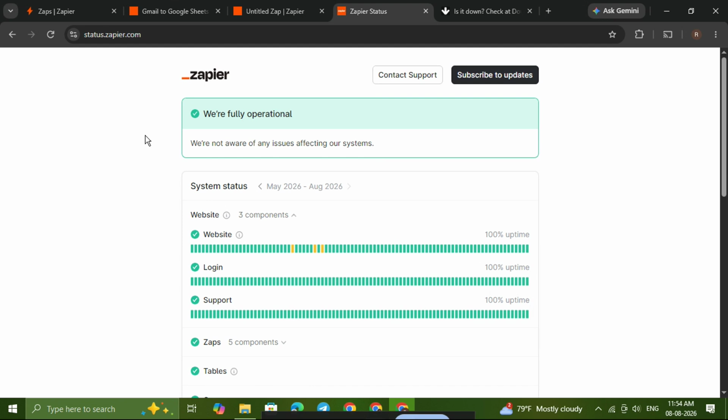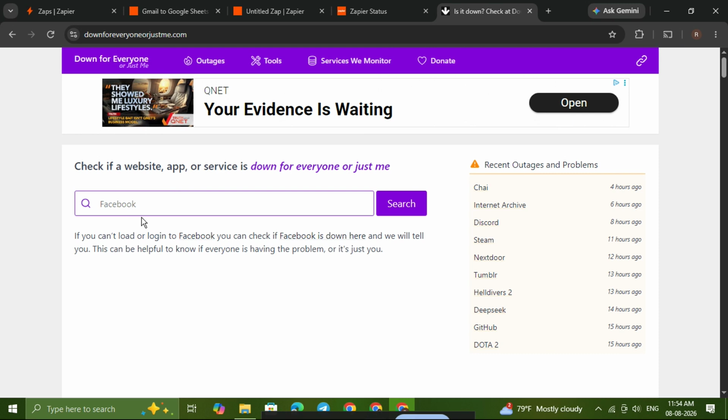If Zapier status looks normal, then the problem may be with the app you're integrating into Zapier. To check that, go to downforeveryoneorjustme.com and look up the app's server status or service availability. This can help you figure out whether the connected app is down for everyone or just causing issues on your side. If the app servers are having trouble, Zapier may not be able to complete the automation until that service